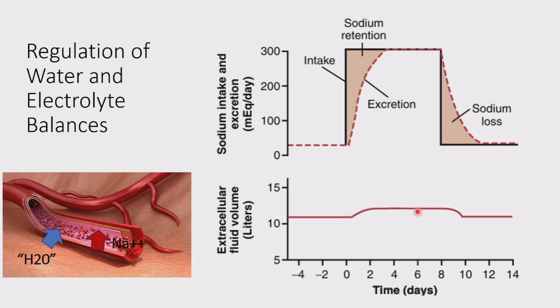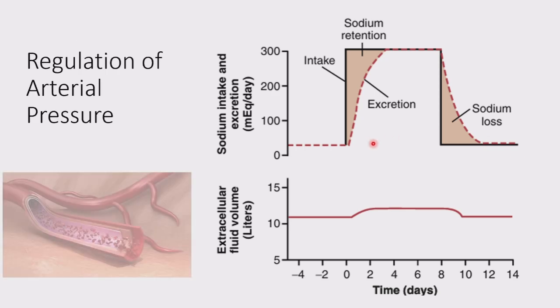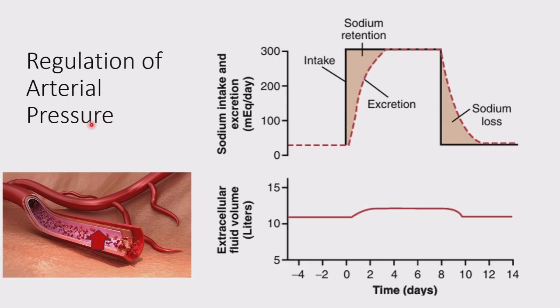Hence, we can see here in the second graph. Aside from increasing your fluid volume, it also releases several hormones to increase sodium excretion, as you can see here in these broken lines, until it matches your intake. Then after some time, your sodium will be normal again. Because of this mechanism, your kidney is responsible for maintaining your arterial pressure by secreting various hormones which control your arterial pressure. More about that later.